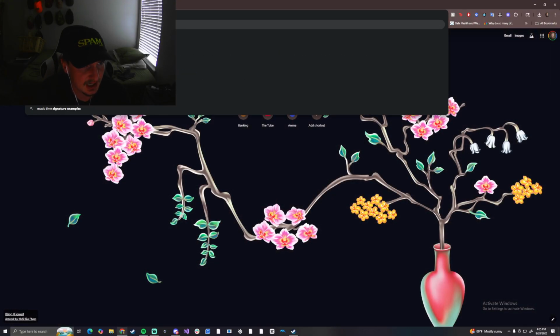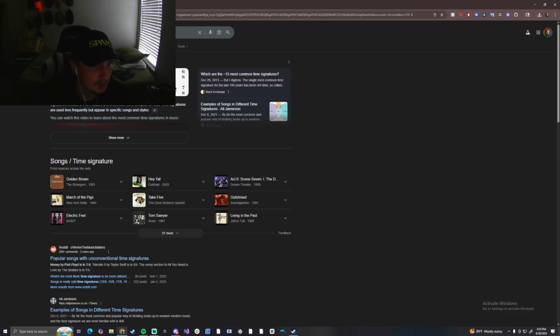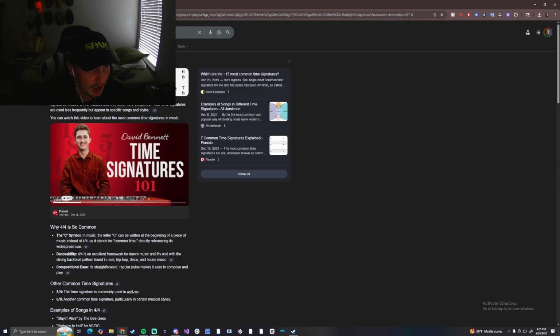Music time signature popular. Other relevant time signatures include 3/4 for waltz and 6/8. More odd time signatures are usually less frequent, but appear in specific songs and titles.